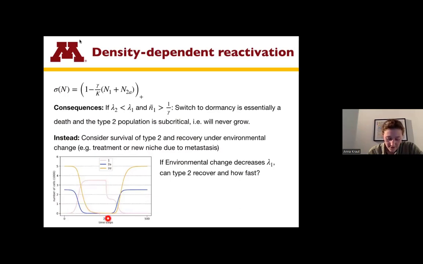But then if there is a change in fitness that alters in particular the fitness of type 1, but probably also of type 2, and the equilibrium state of type 1 drops below this 1 over gamma threshold, then we can have reactivation of the dormant type 2 cells, and they can start proliferating again and might eventually take